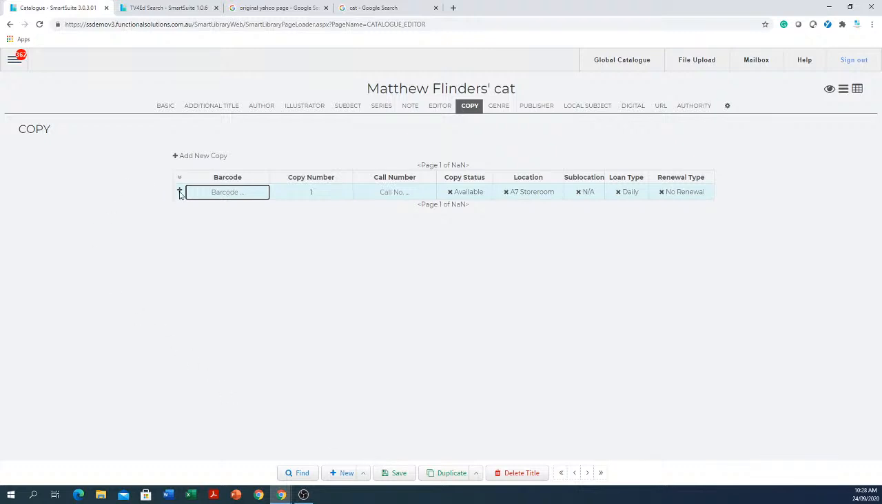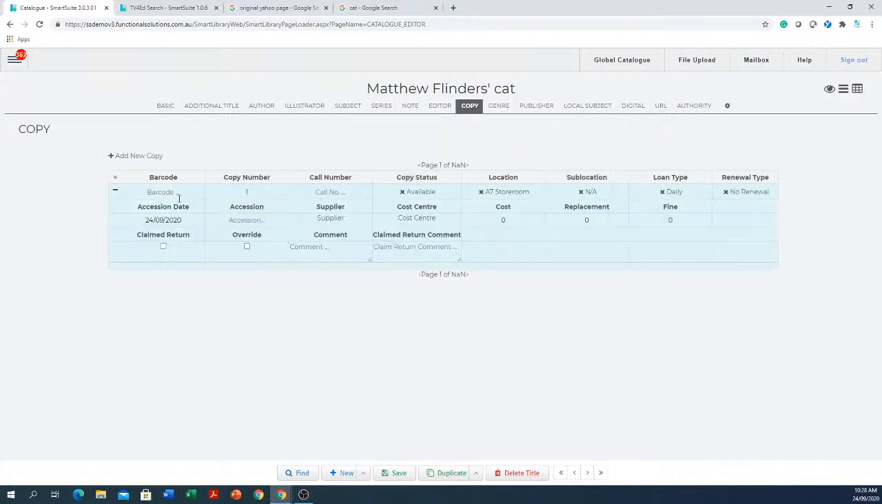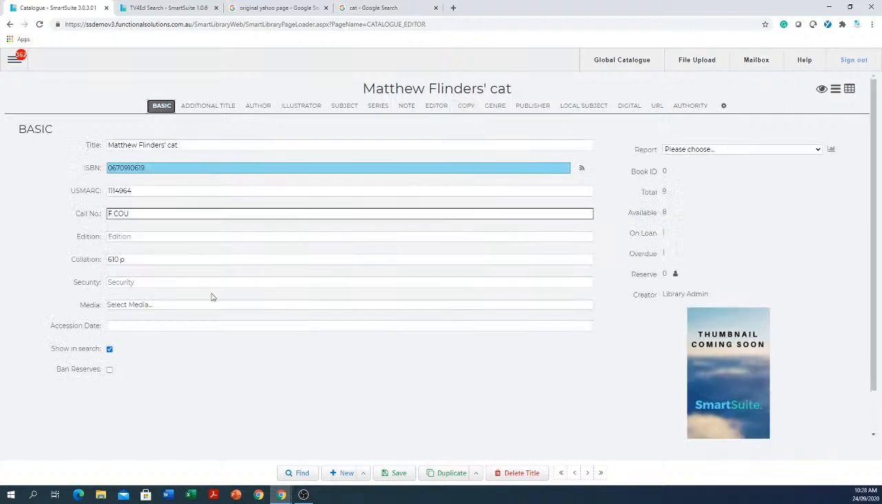Yep, so expand that plus button, okay? And you can put in the cost, the cost center, the supplier, anything to do with that, you can put that in there, okay? And then you can go save. And that's how simple it is to catalog a book using original cataloging, or finding the book and then go